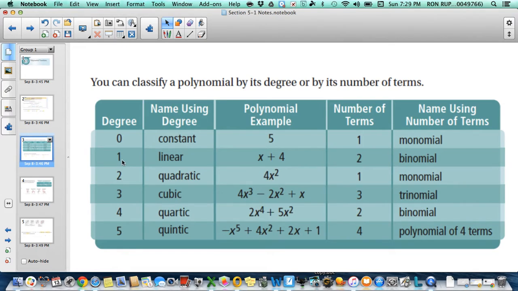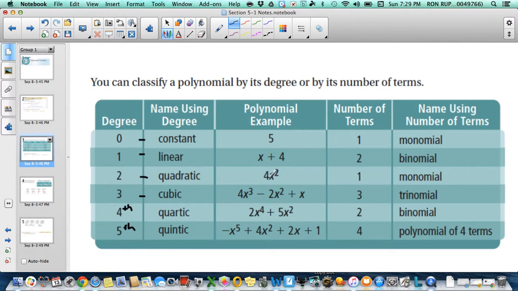Then we get to classifying them. And so you look at the degree. And remember, the degree is the same as the exponent. So here we have an exponent of 0, 1, 2, 3, 4, 5. That's the highest exponent in the polynomial after it's in standard form. And so that's the degree. And remember, I asked you to memorize that 0 is constant, 1 is linear, 2 is quadratic, 3 is cubic, and then everything after that, you just have to remember that it's 4th degree, 5th degree, 6th degree, 7th degree,